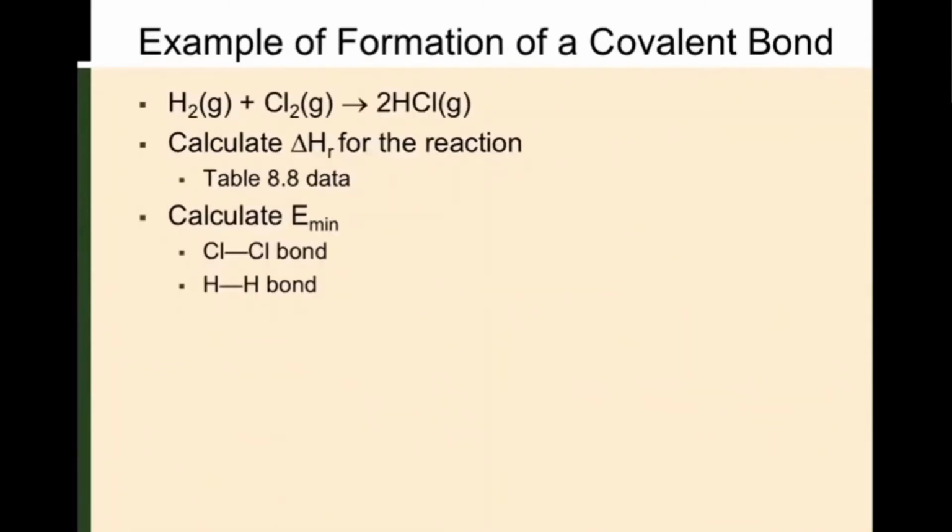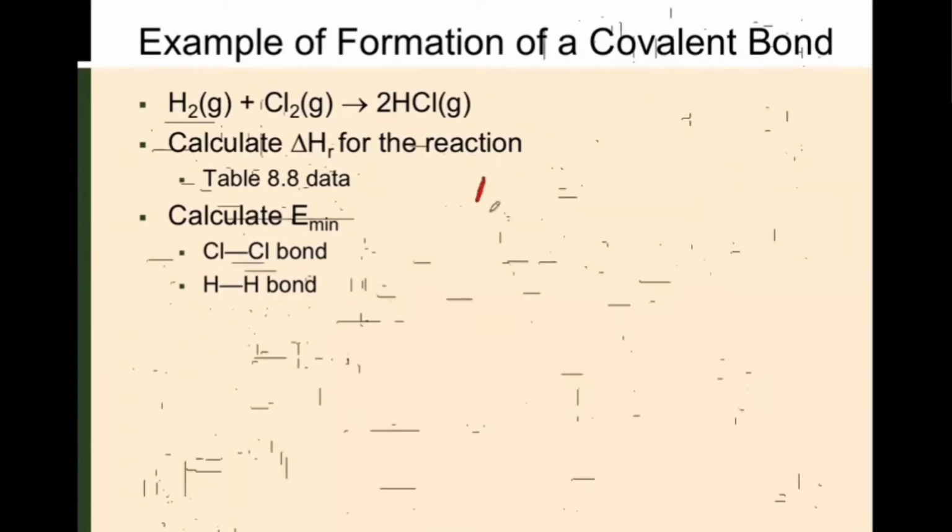Example of the formation of a covalent bond. So here we have hydrogen plus chlorine giving 2 HCl. So we'll need to calculate the delta HR for the reaction using tabulated data. So delta HR for this reaction is going to be equal to